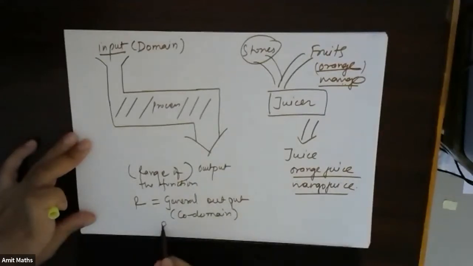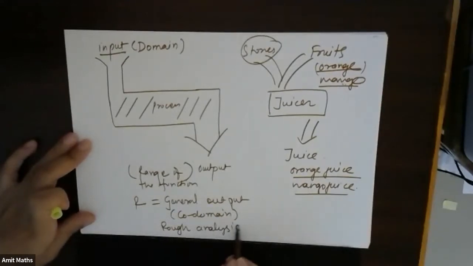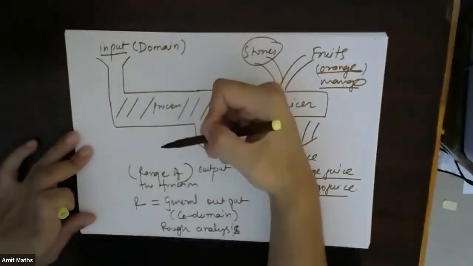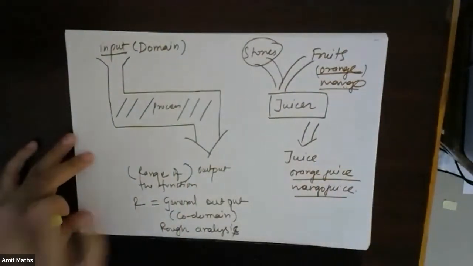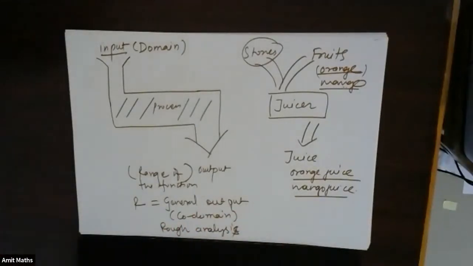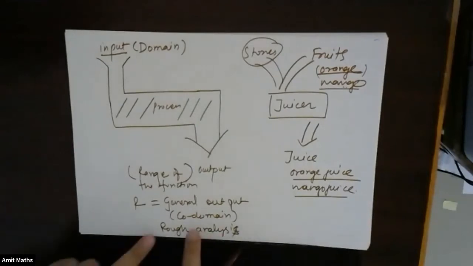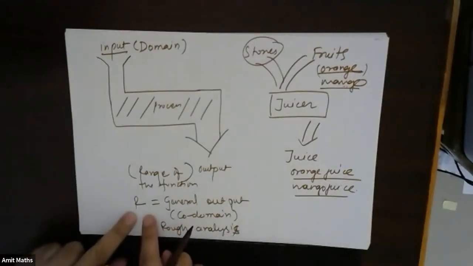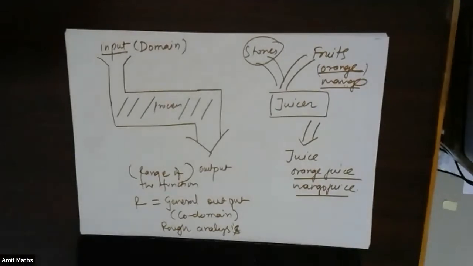That means this is my rough analysis that all the output will belong in this set. But after I have run the machine, after I have done the process, I will get a specific set of numbers or a specific set of output. Using that output, I can say that my general result was a bigger set. I can redefine and narrow down my set of R, and write down that these particular values will be given by the process.